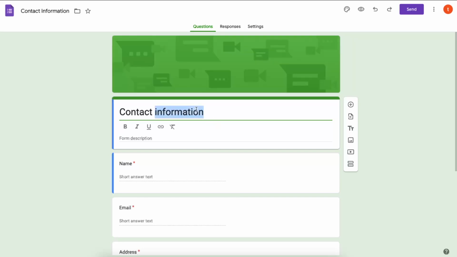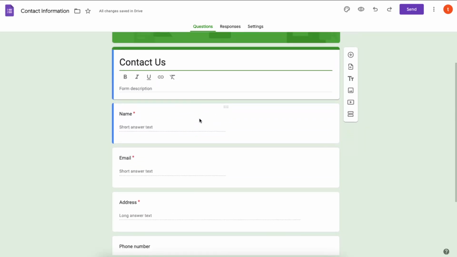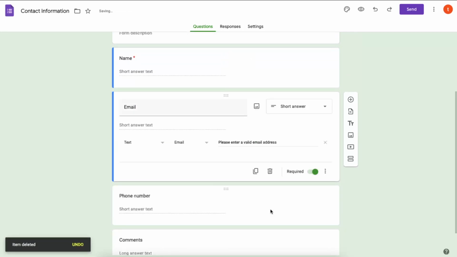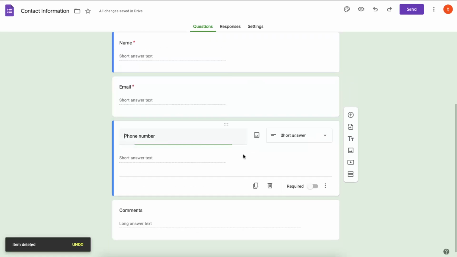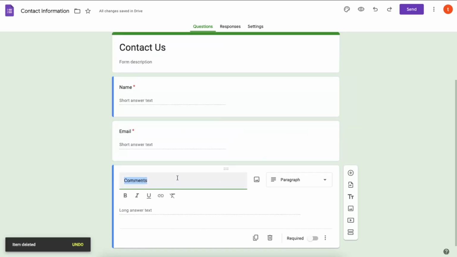So let's write down Contact Us. So for example, let's delete it, or maybe let's leave a name, email, and let's delete the address. We don't need it. Now email, we don't need a phone number from anyone, and the comments. So for example, if they want to leave us a message, so your message,